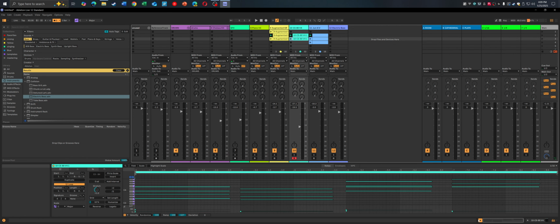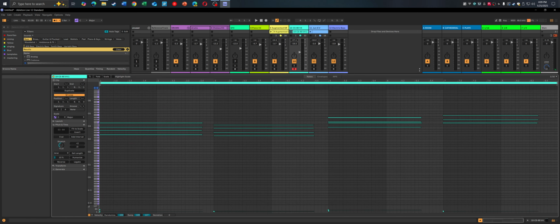Also, if you don't want to see your MIDI, you can go like that. If you want to see it larger, you can kind of